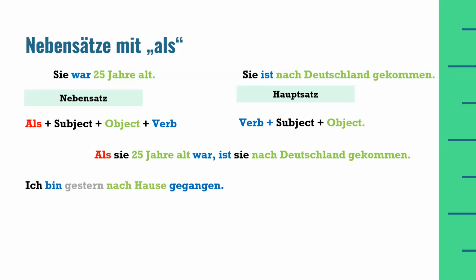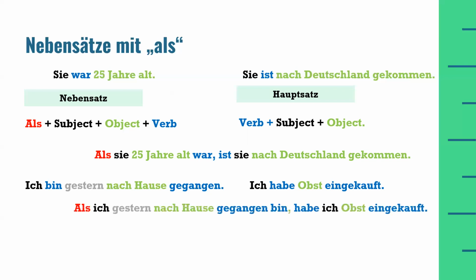Let's look at another example. Ich bin gestern nach Hause gegangen. I came home yesterday. Ich habe Obst eingekauft. I bought fruit. Now, this event, coming home yesterday, happened only once and in the past, so we can use als. In this case: Als ich gestern nach Hause gegangen bin,